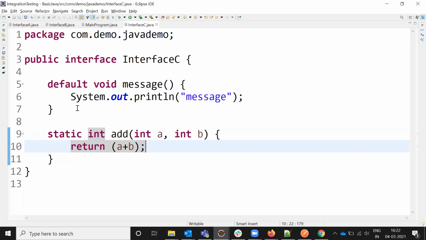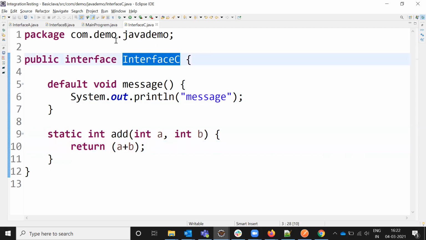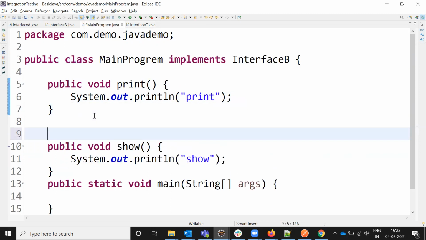This also we can access directly from this class. Here we can directly call the interface.